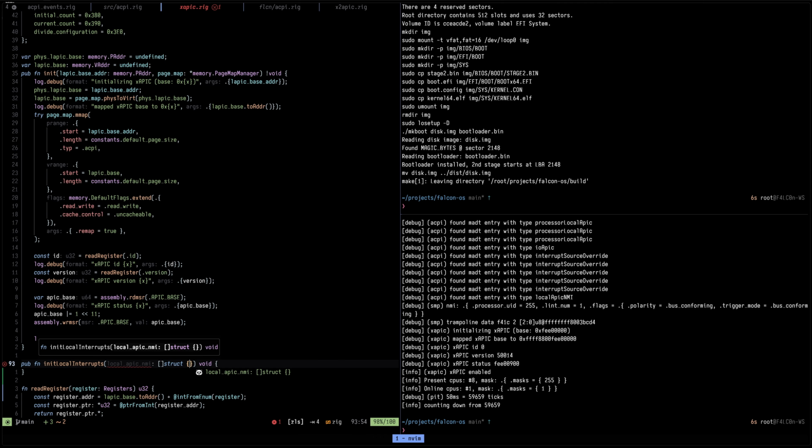So we only need to take the local interrupt, so lint number, that should be a U8. And we need to also take flags. Now flags, that's ACPI event. Maybe I should just create another struct here for flags. Yeah, we'll see about this. So polarity is,